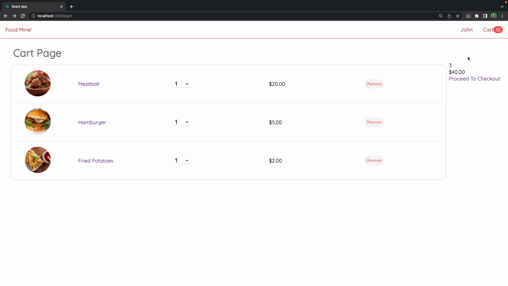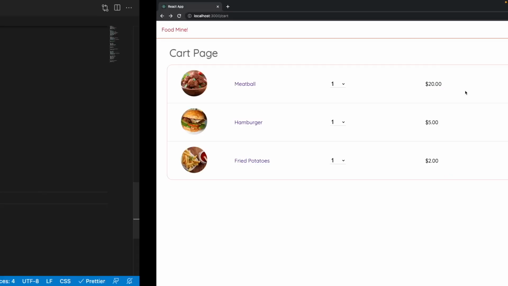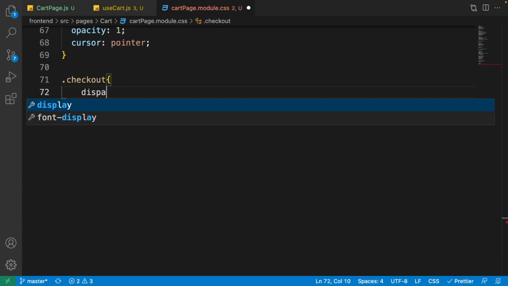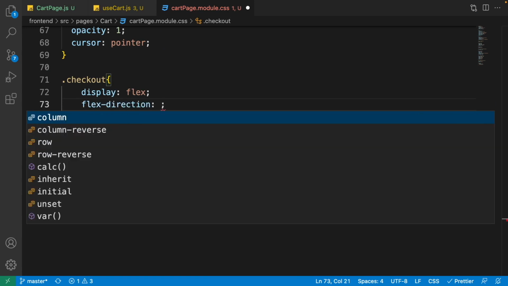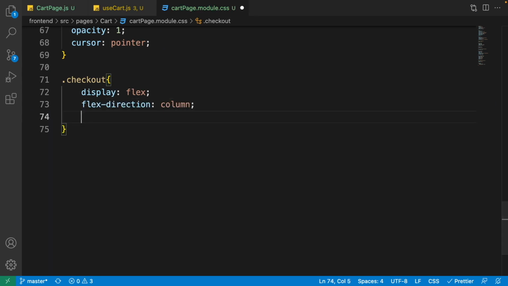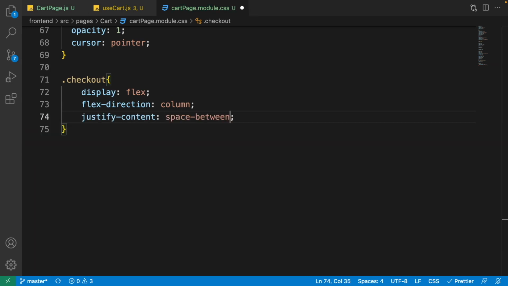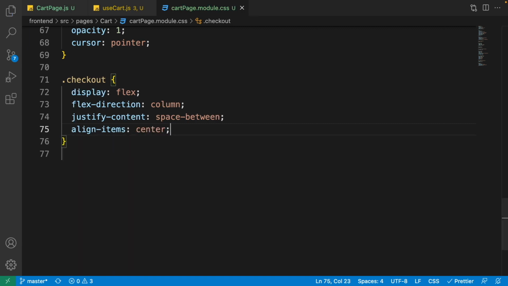Now it's time to work on the checkout part. So let's start with the checkout class. That is the container of this part. So scroll down, right, checkout, and set its display to flex, flex direction to column from top to bottom, and justify content to space between. Let it align items to center,